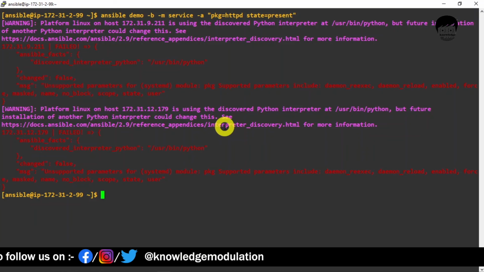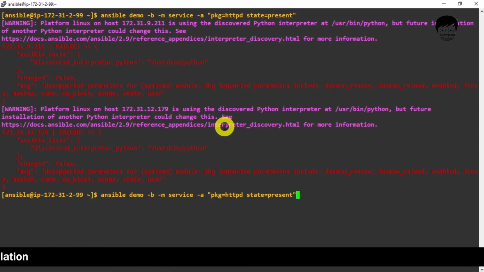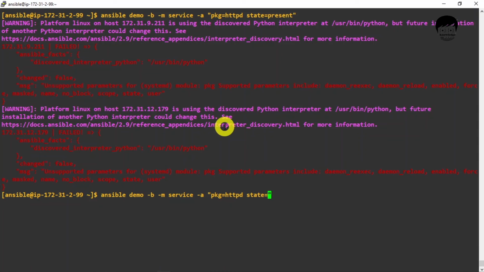It shows unsupported parameter. Okay, we'll just change present to started. Okay, we have to start our httpd services, so we have to mention state as started.